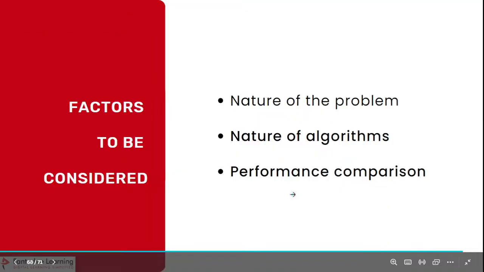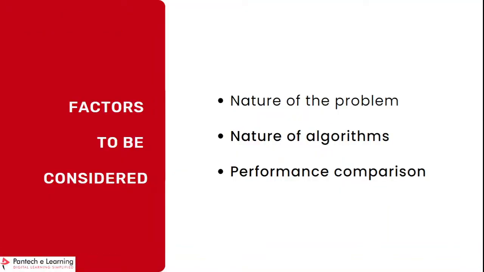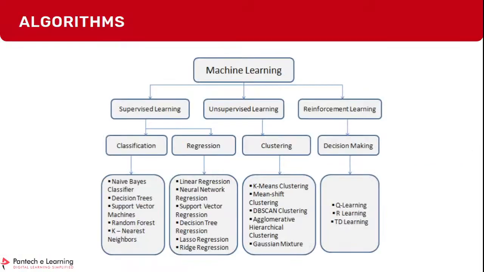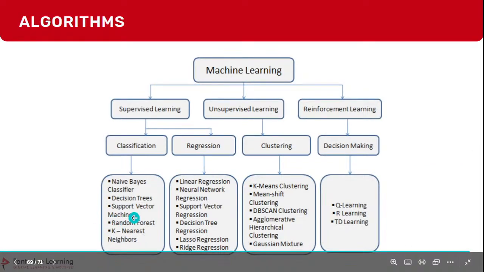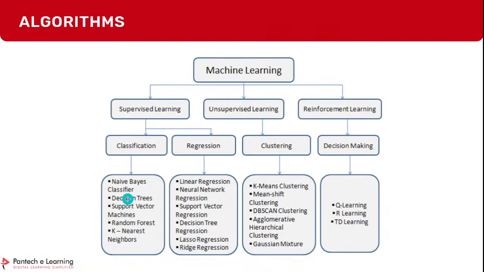So that's what the nature of the problem is. Based on the problem, you have to perform it. And also the nature of the algorithm, you need to know about it, like how a particular algorithm, like support vector machine, works. If I only know about that, then only I can decide whether I can apply it to this particular data or not. Finally, you have a bunch of classification algorithms. For a classification problem, you can apply any of these and then test which is good, and then you can proceed with that. So these are some of the common steps which we use in the data science and machine learning workflow.